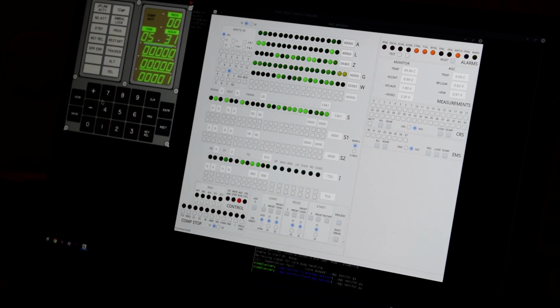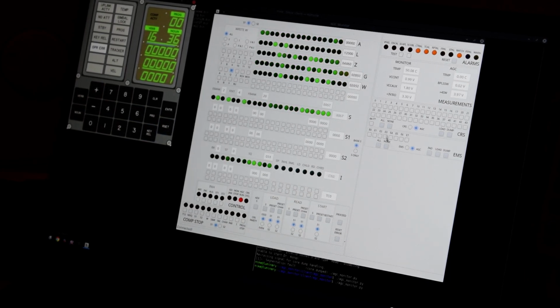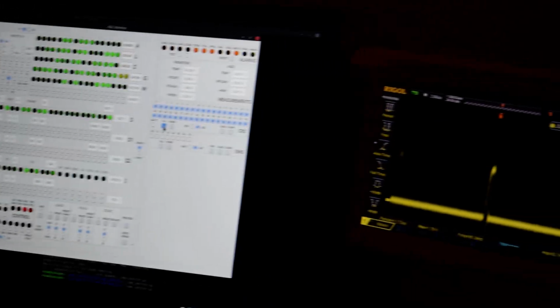Alright, so we're still running Aurora here, and just by way of demonstration, verb 16 is not valid in Aurora, so if I try to look at the system time with verb 16 noun 36, I'm going to get an operator error. I can now switch on rope simulation by setting all the switches high, and you can see on